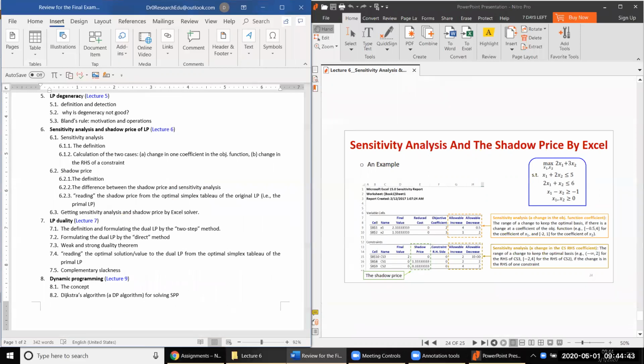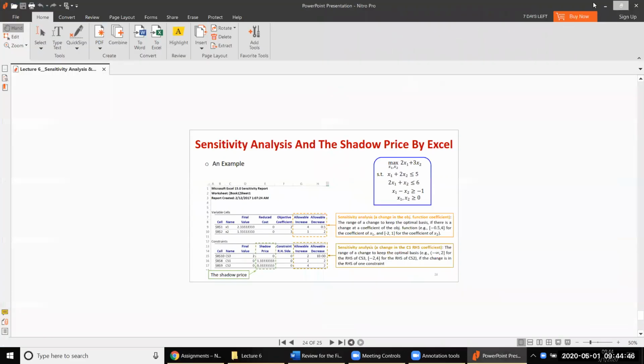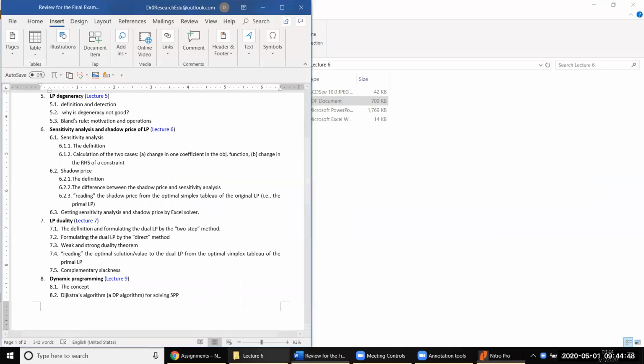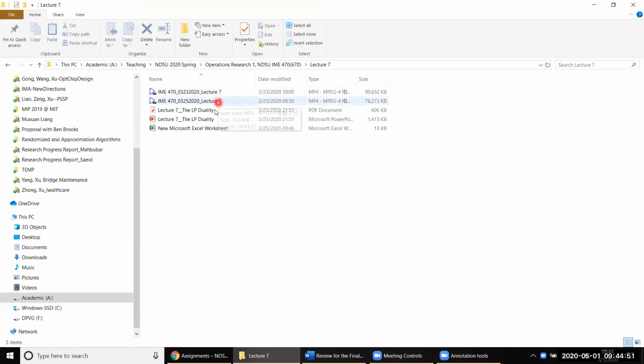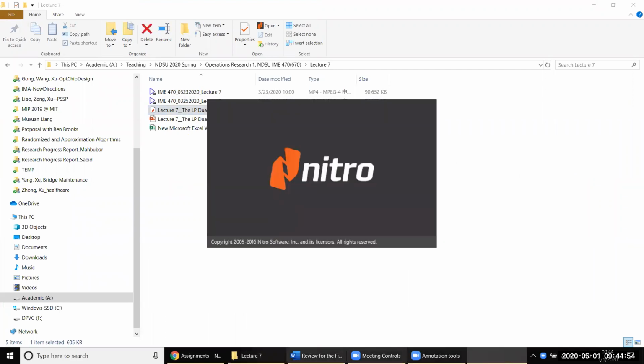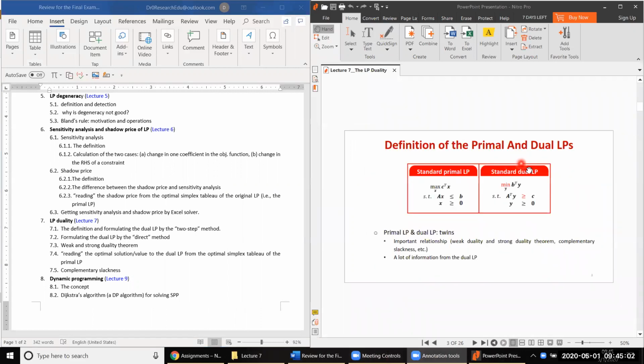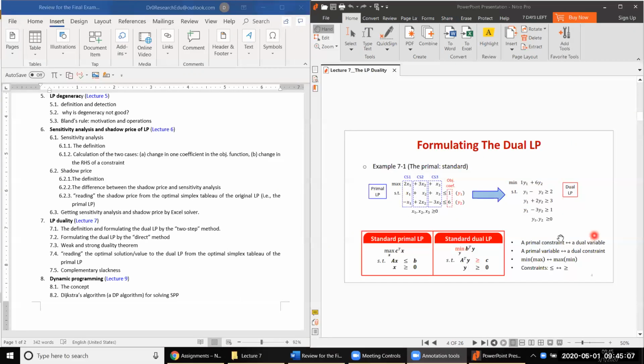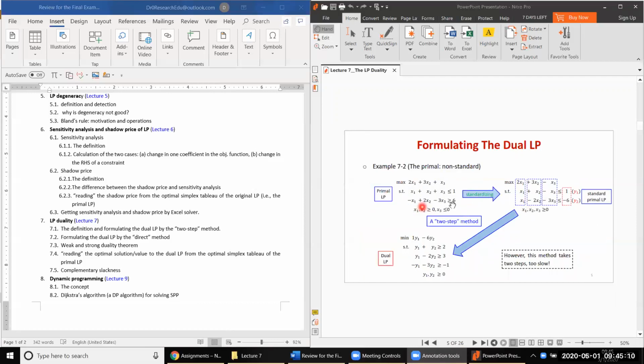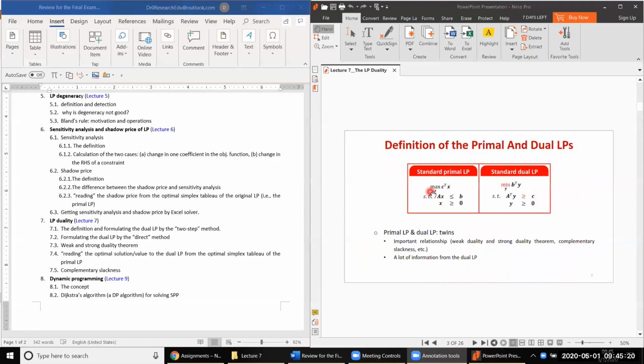And the final thing we introduced in the LP is the LP duality. LP duality is here. Okay, so for the LP duality, first of all, is the definition of the LP duality. And by the definition, a very simple way is the two-step method. For the two-step method, first you standardize any LP to be a standard LP. And be careful, I'm talking about standard LP, not standard LP form, okay? Standard LP means for a maximum problem,